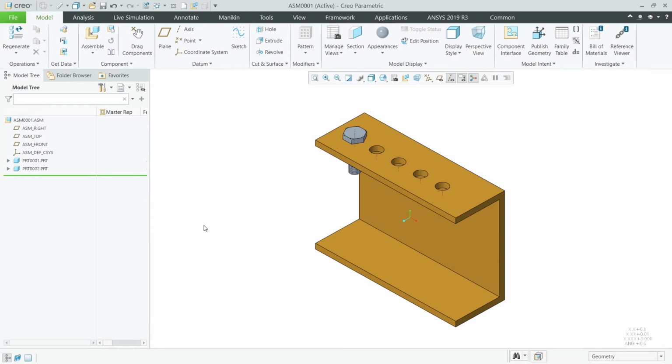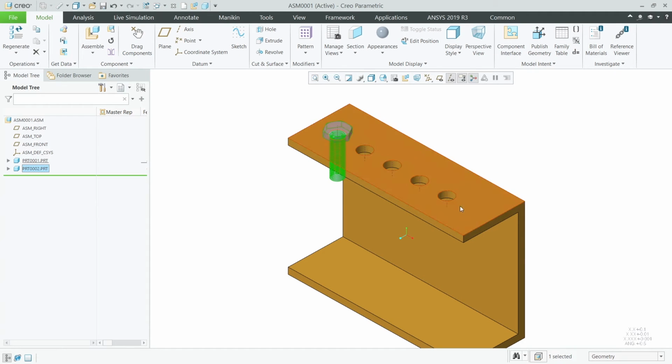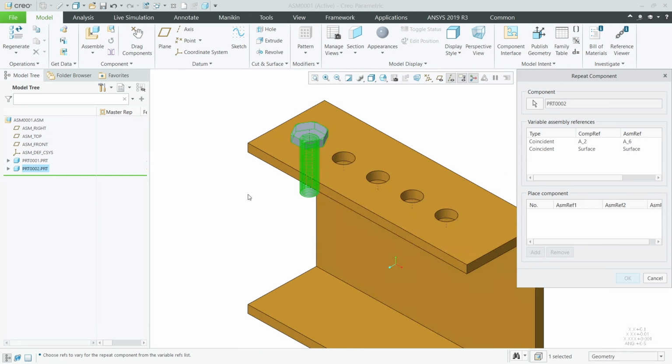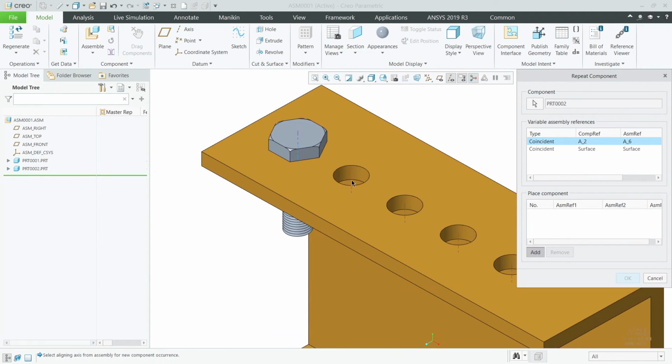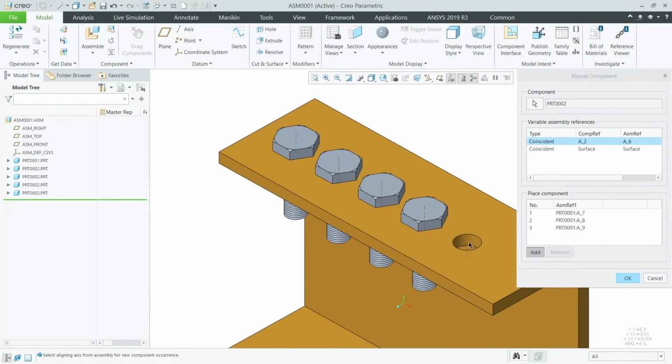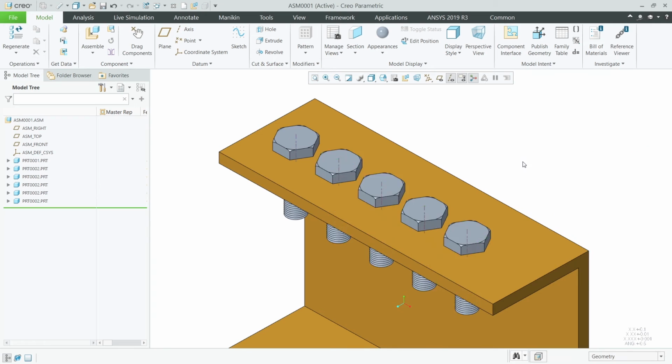Now I'm going to give several bonus tips. To start out, if I need to place the bolt in every single hole of this component, I can simply right click on the bolt from the model tree and hit repeat. Now you can see that only the axis is getting changed but the placement surface is not. So I'm just going to pick the axis, press Add, left click on the axis, 2, 3, 4, press OK, and you're done.